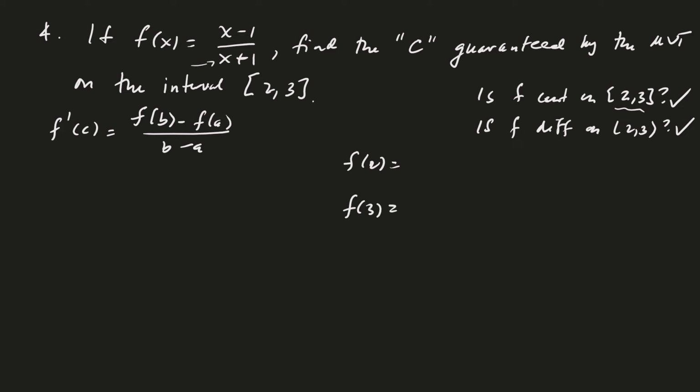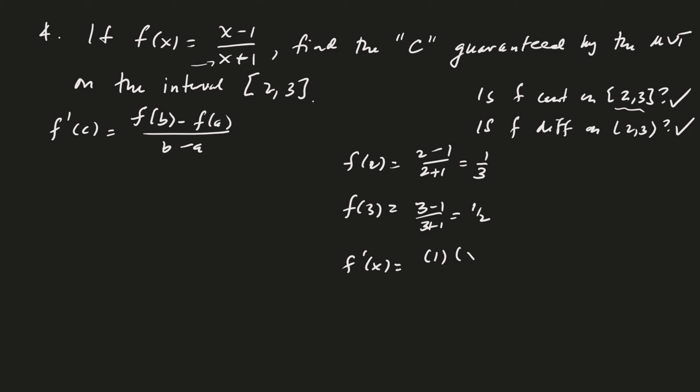So it looks like f of 2 is going to be 2 minus 1 over 2 plus 1, which is 1/3. And then f of 3 would be 3 minus 1 over 3 plus 1. Is that 2/4 or 1/2? Good. All right. And then let's see, f prime of x we'll just have as the quotient rule,